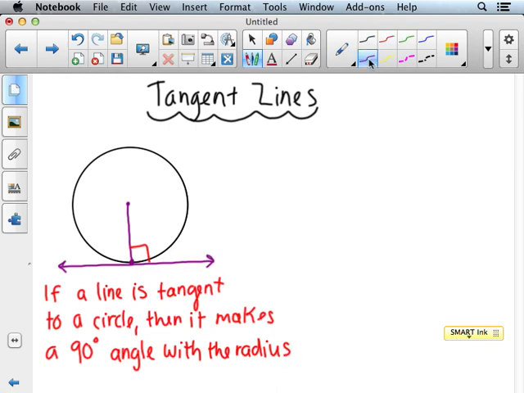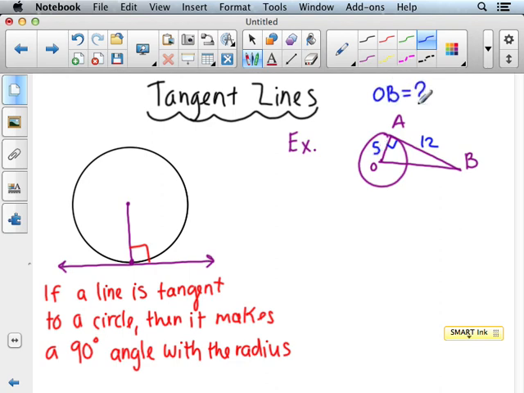So let's look at some problems like that, because you can get some good problems out of this. Let's say I have a circle here, and I say AB is tangent to OA. AB is tangent to OA. Automatically you know that this is what kind of triangle? Well, you should say a right triangle. Now if I tell you this is 12 and this is 5, and I ask you what is the length of OB,